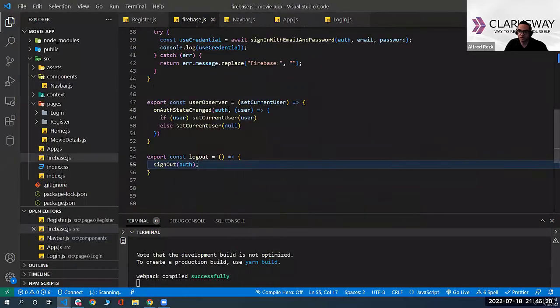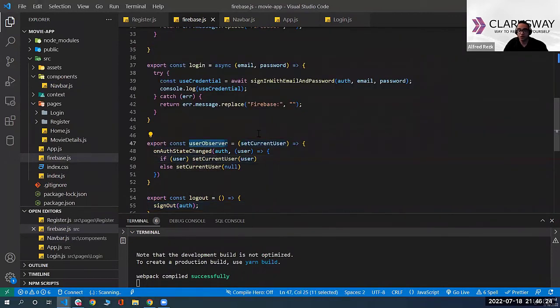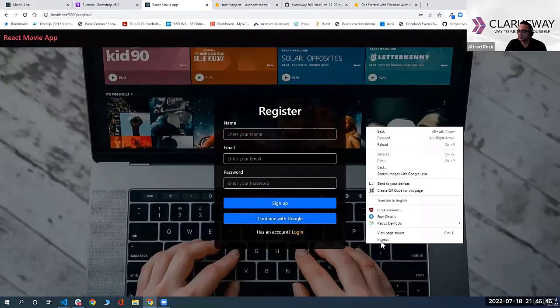Any questions so far, guys? You see the user observer, once you load it in the home page, it will take care of always observing if there is a user who logged in or logged out. And it's a continuous process. If the user logs in, it will update the current user with the information of the user who just logged in. And if you take a look here,